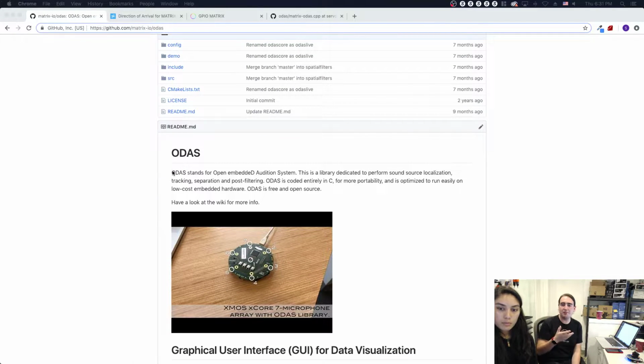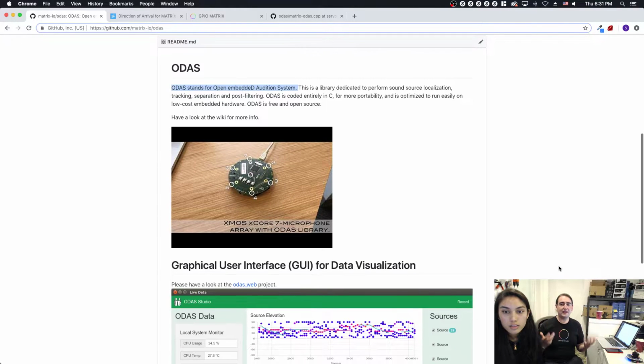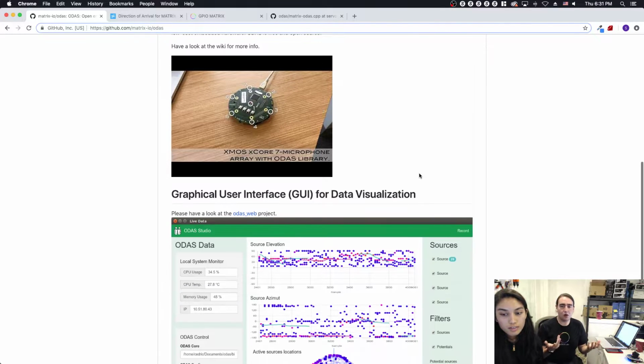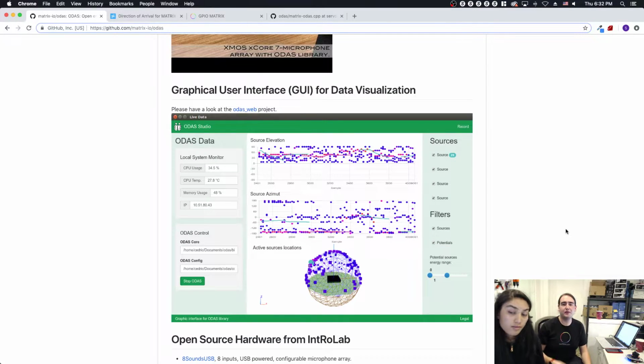ODAS stands for Open embeddeD Audition System. So it's a library dedicated to performing sound source localization, tracking, separation, and post-filtering. It's coded entirely in C, and it's optimized to run easily on low-cost embedded hardware, like a Raspberry Pi. So you can go on their GitHub page. Well, you can go to the link of our fork of their GitHub page, which is